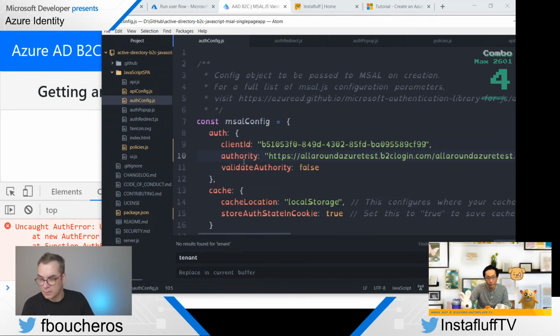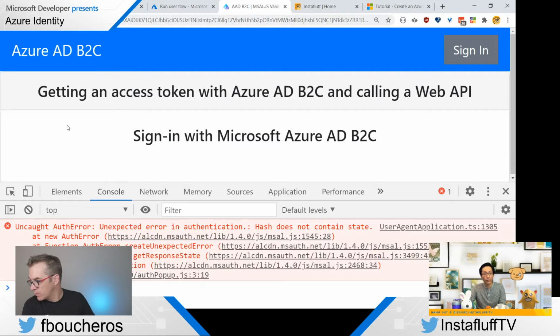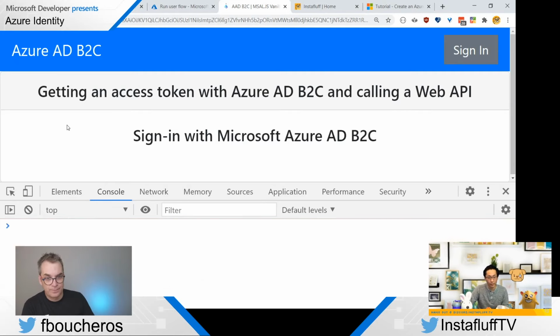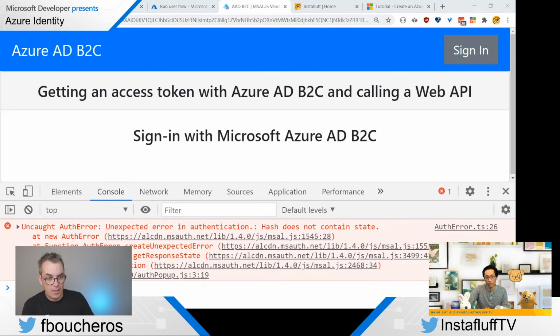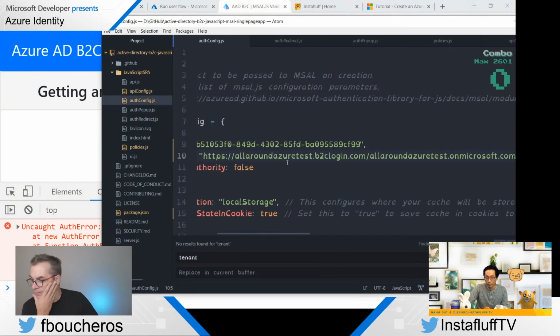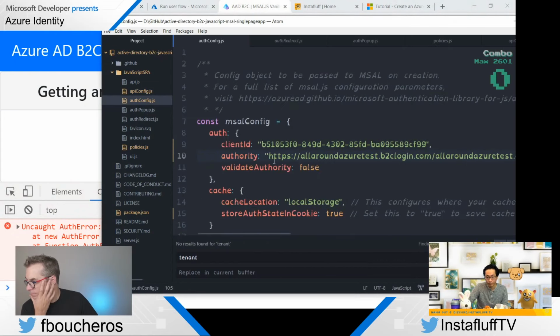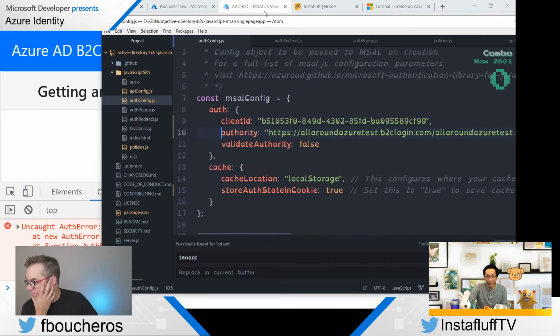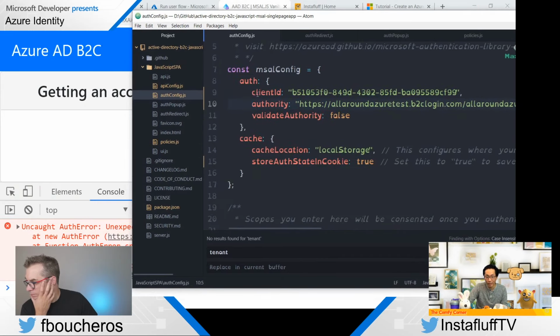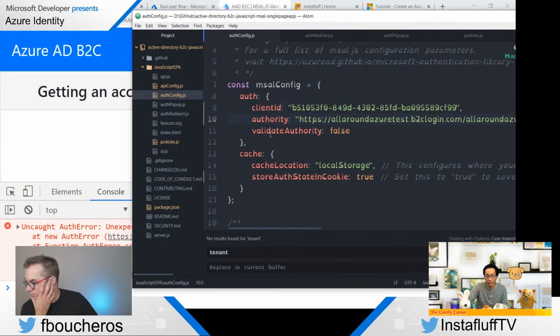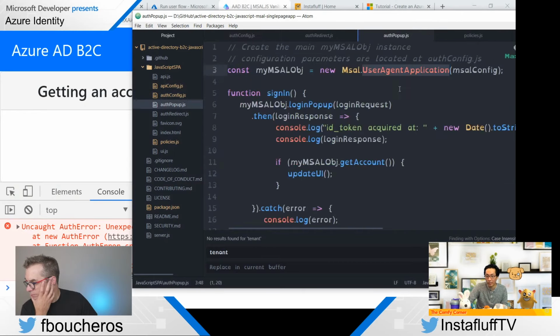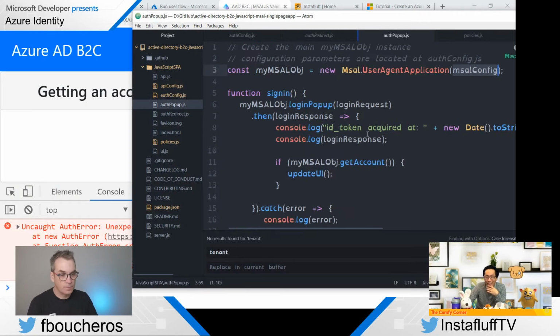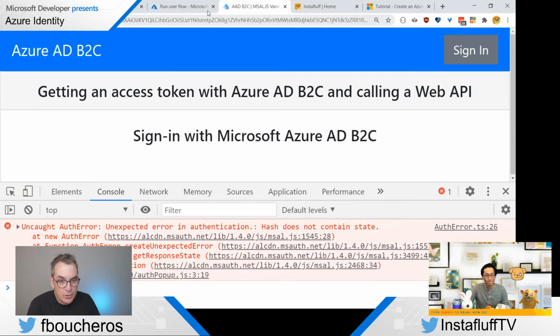Yeah. And let's try that. Match also what was in the doc, right? But it hash doesn't contain the state. Yeah, I don't see a hash or anything here. MSAL config auth and cache. And so this is all that gets passed into here, into user agent application. Oh, please be right now config. Y'all, it seems so close. It feels so close.